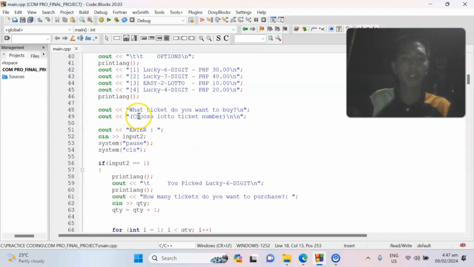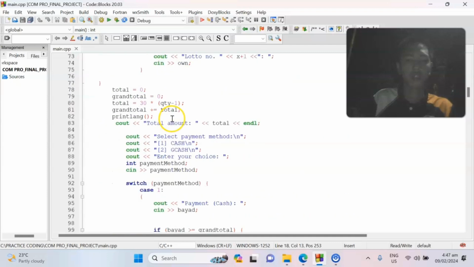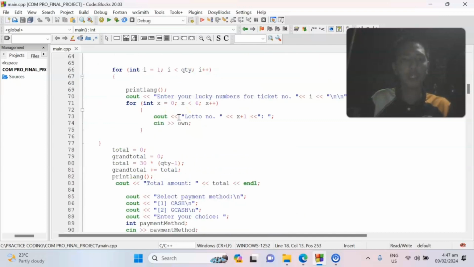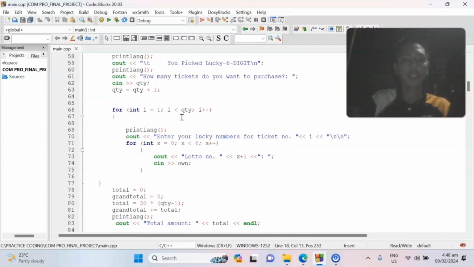Next, the system will ask you again what ticket you want to buy. You press 1 to 4 to choose what kind of ticket you would like to buy. For example, if you choose the Lucky 6 Digit, the system will ask you how many tickets you want to buy. For example, if you type 1 only, the system will give you